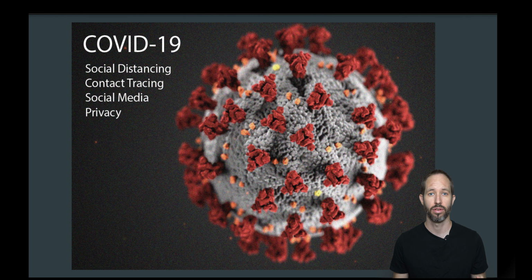But one of the unique things we're going to learn about in this class is the various opportunities for what social scientists call digital trace data, things like social media, Google searches, and other types of digital traces that we leave behind on our smartphones, on our social media accounts, that can help us gain new insights about where the virus is spreading and how.